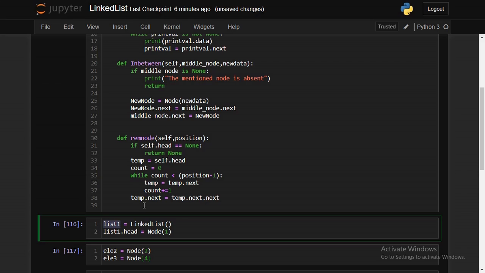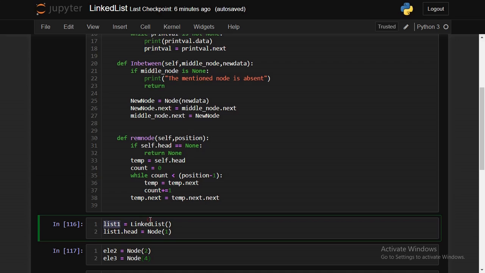Here the object is list1. The object is referencing this class. When we create an object of the class, the attributes or the methods inside the class can be accessed through the object, right? Because the object will be referencing the class.